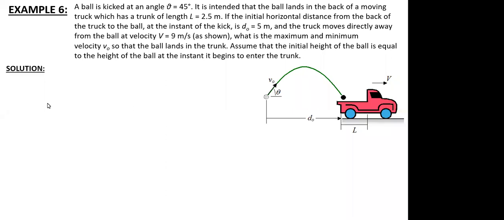Yes. Then x is equal to v by root 2 into v by 4.9 root 2, which is equal to v square by 9.8. Okay, correct. Then therefore the ball travels v square by 9.8 meter before landing. Then the truck after t seconds, the back of the truck is equal to 5 plus 9 t meter from the initial position of the ball. So the ball travels for v by 4.9 root 2 seconds.